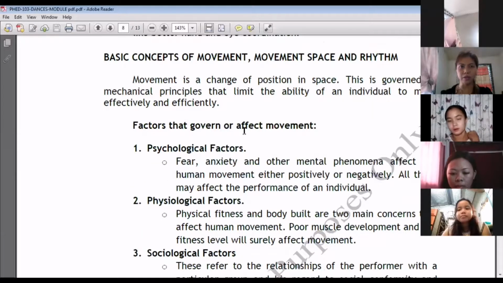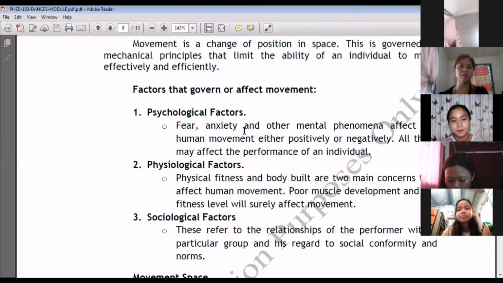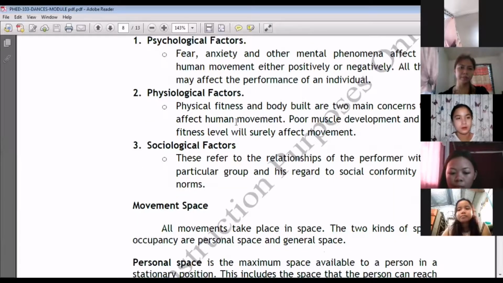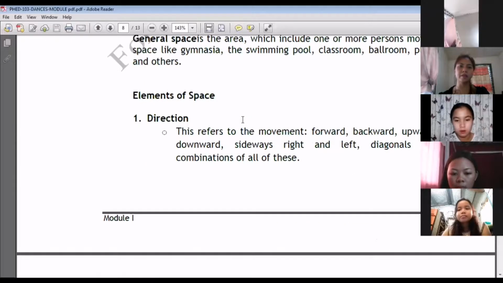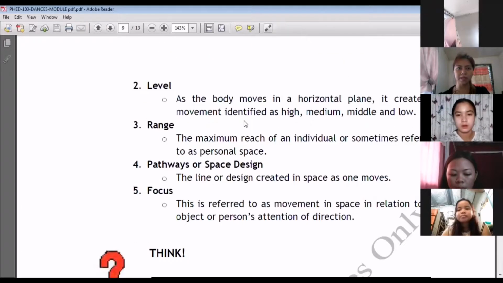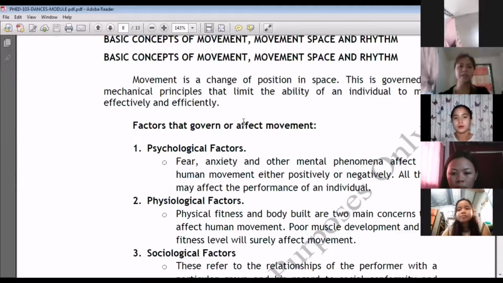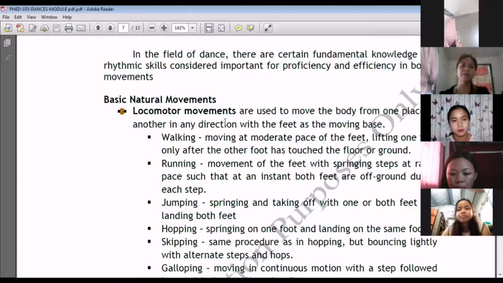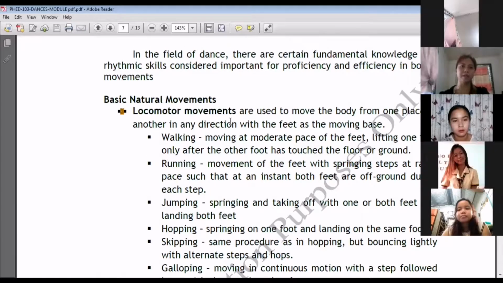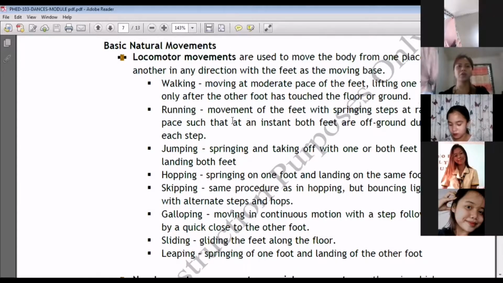And then of course also we're going to check the basic concepts of movement, movement space and rhythm, and of course the factors that govern or affect movement. And the third is the element of space. So let's start off with the two kinds of body movements, locomotor and